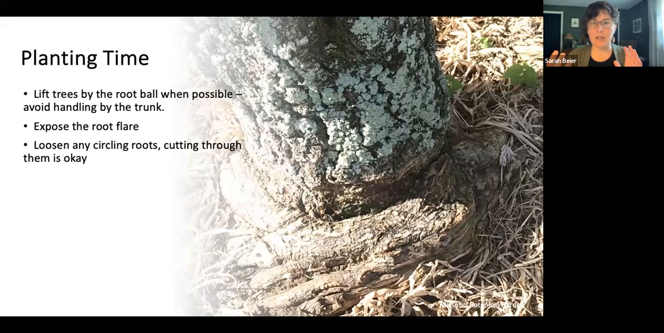So often in a pot or in the burlap ball, whatever your tree has come in, you may have roots that are starting to curve around the edges. It is really important to straighten those out, to cut through them if you need to. That is going to be a little bit of stress to the tree, but if we don't do it now,